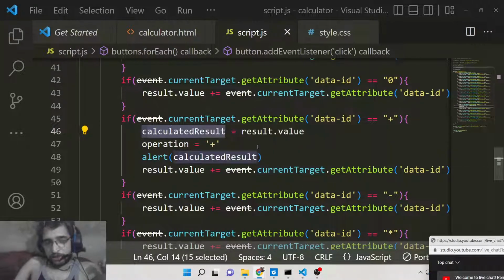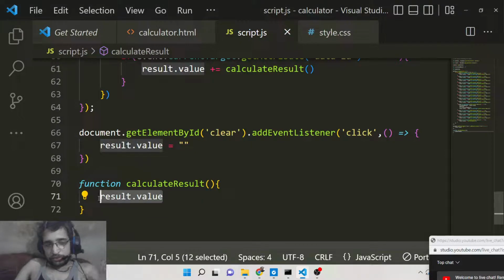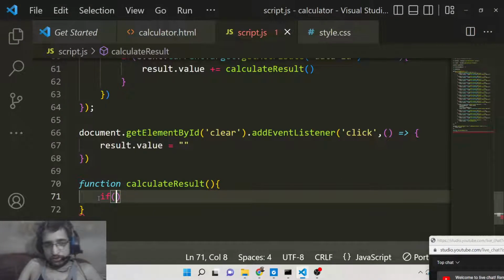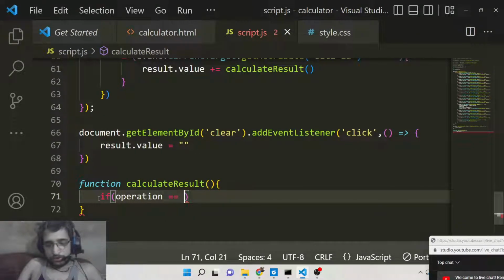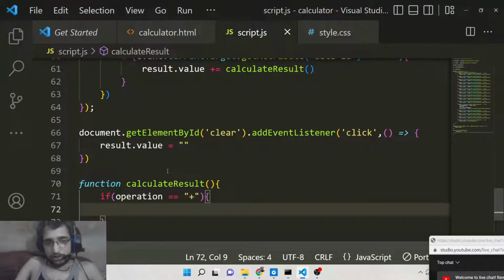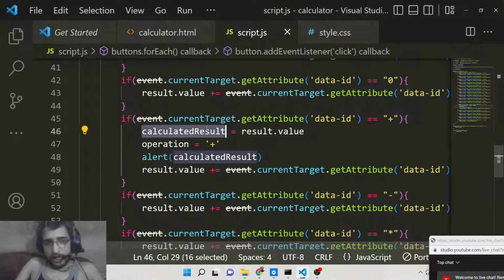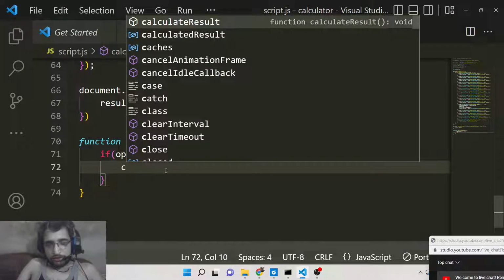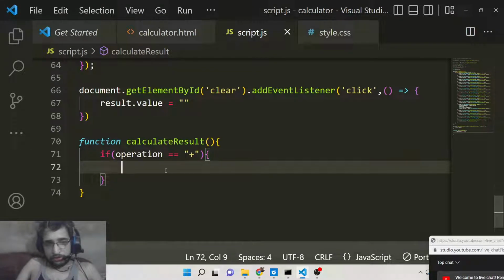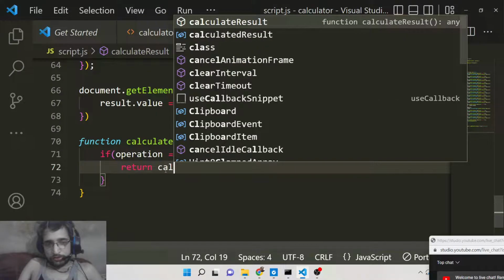So same thing we need to do this. So whenever we click this equal sign, we will say if operation is equal to plus, in that case we will add the values, so we will simply say basically here we need to return calculated